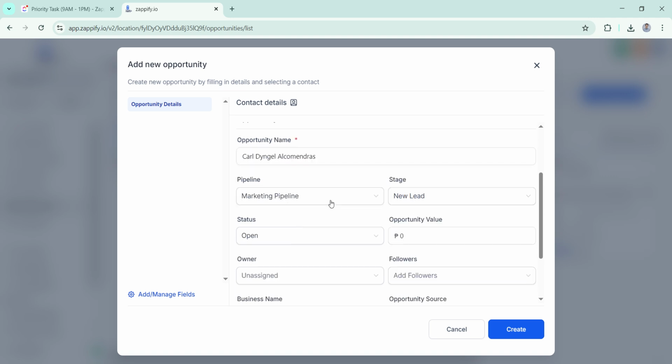You can edit what kind of pipeline it is, what stage, status, opportunity value, for example, 100,000.